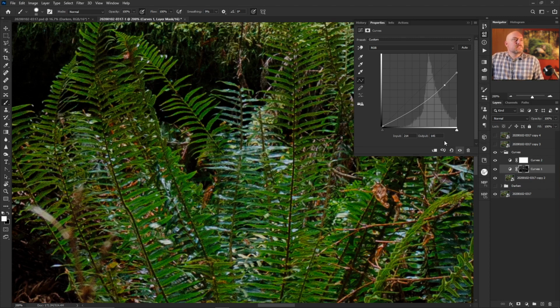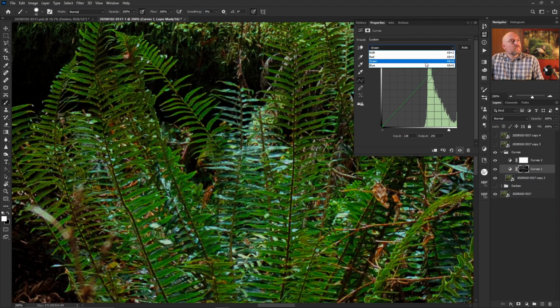So that's not bad, but you can see that it's probably affecting too wide of an area. You can also see that it's darkened those highlights, but it's also muddied them up a little bit. So we're going to come in here, we're going to change that. In the highlights area, we're going to add some green, just by dragging this over to the left,